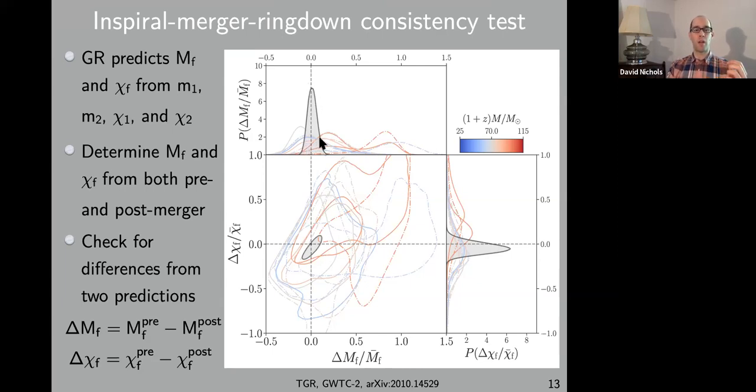one's getting, say, somewhere around a 10% error on what this delta m is. So in other words, the GR prediction, at least for the mass from these two independent estimates, is accurate to within 10%. So one's beginning to get reasonably tight constraints from this kind of measurement. And this will only get better as more events are detected and combined, because these errors sort of grow with 1 over the square root of the number of events. Okay,